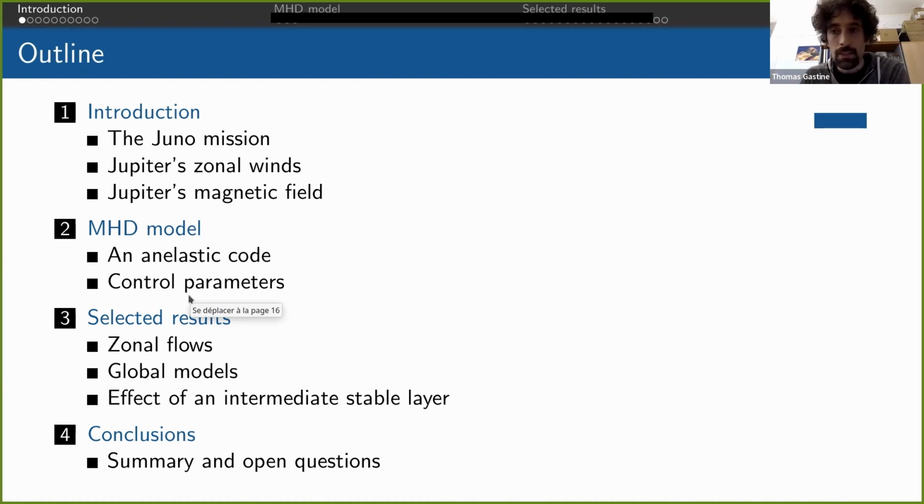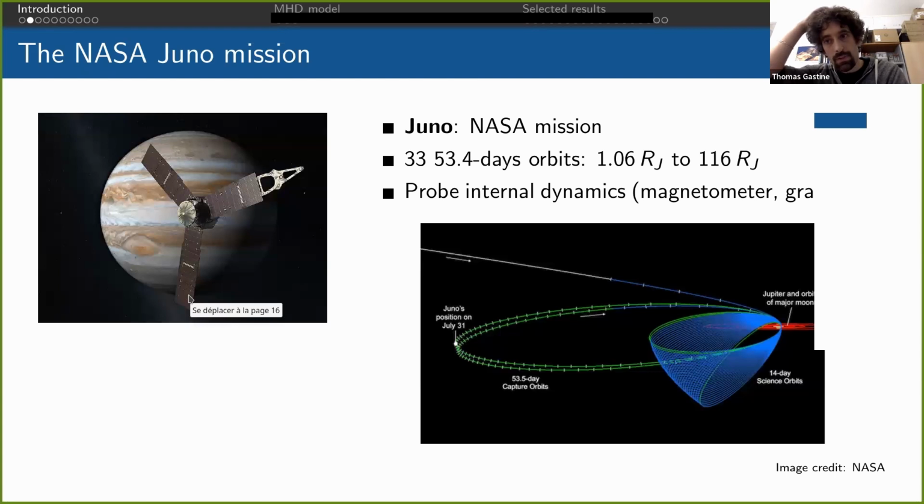So let me start my talk with some words on the Juno mission. Juno is a NASA orbiter that started orbiting Jupiter in 2016. The original plan was to follow this orbit, which is shown in blue here. But because of some issues they had with some thrusters, they had to stay on an intermediate orbit, which is